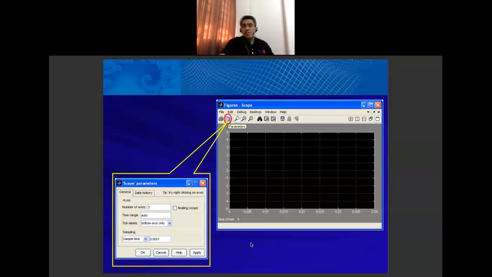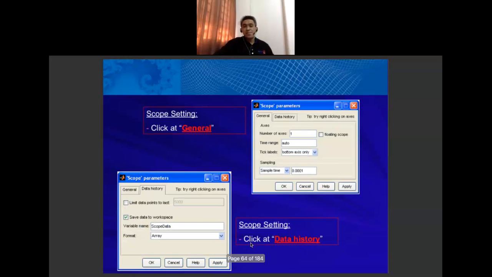So click at sample time and set 0.0001. Then click OK. Then click at general. At scope, click at general.